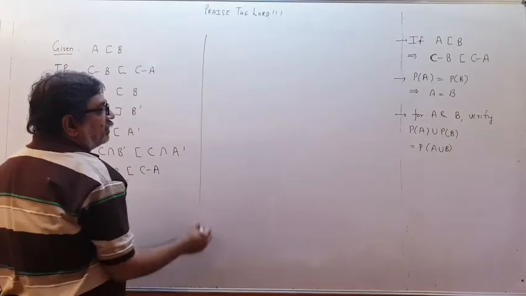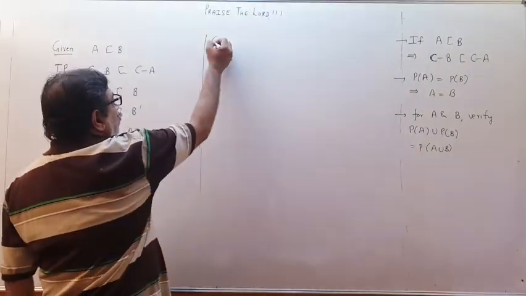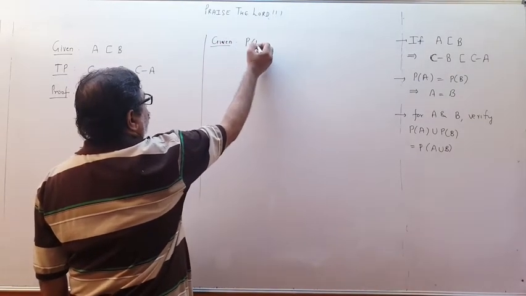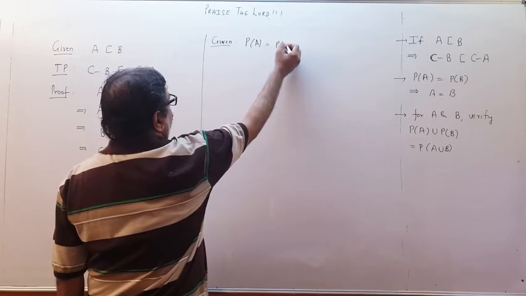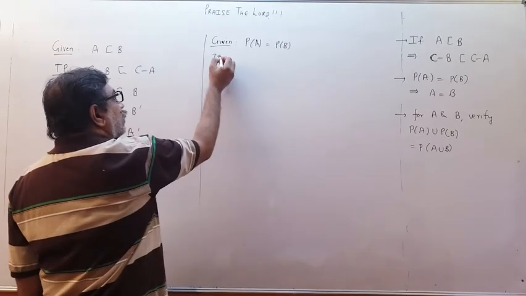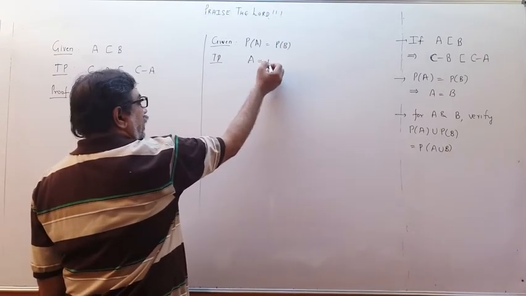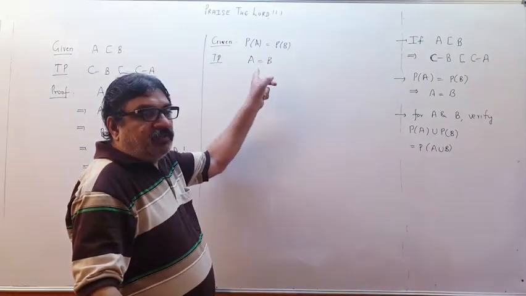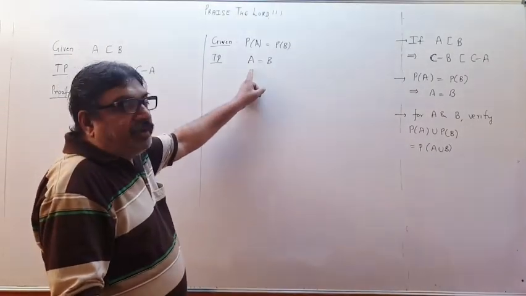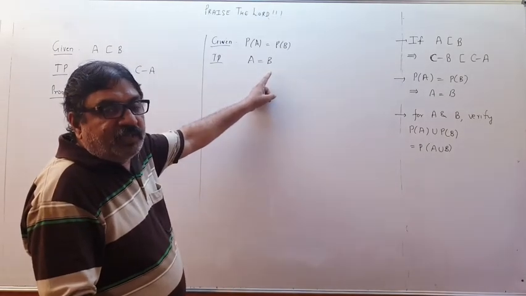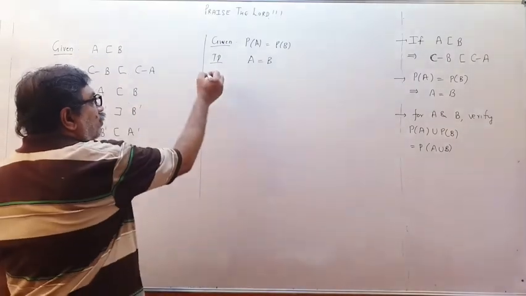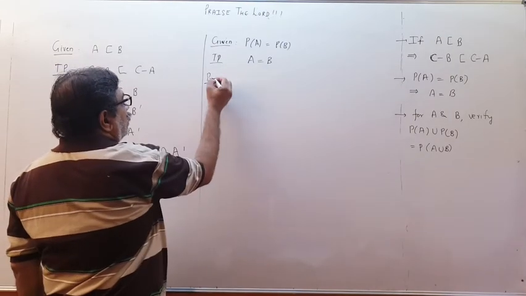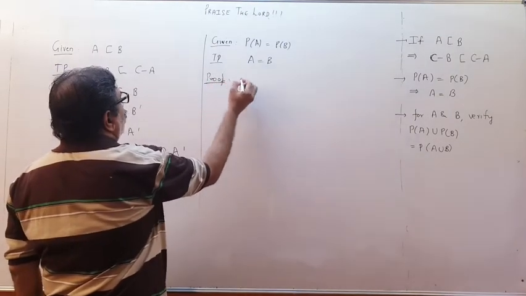The second one, it is given to me that power set of A is equal to power set of B. I have to prove A equal to B. So I should prove A subset of B and B subset of A. So I take some element over here and prove that it is present in B, therefore A will be subset of B. To prove, see like this. Suppose